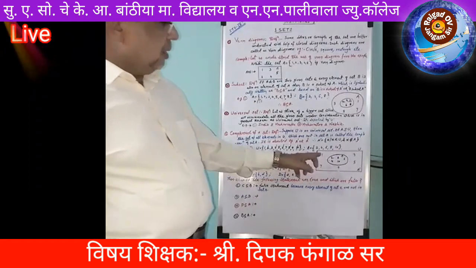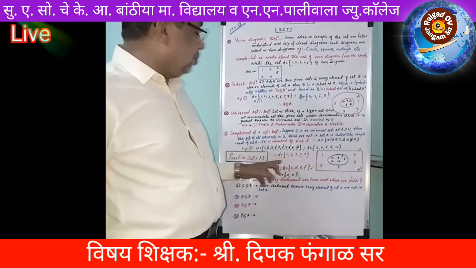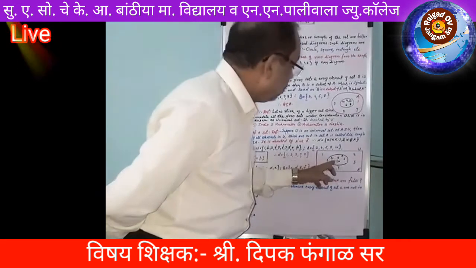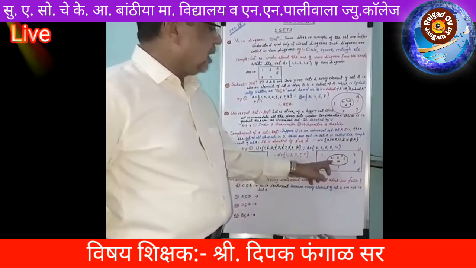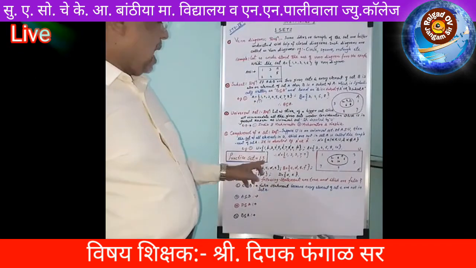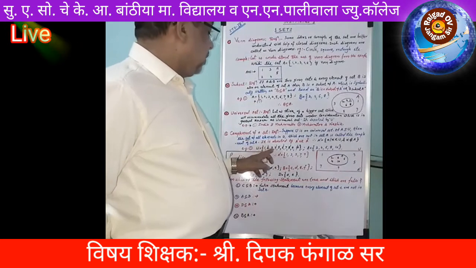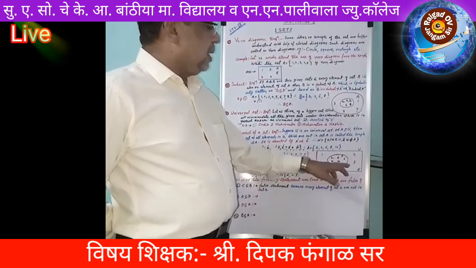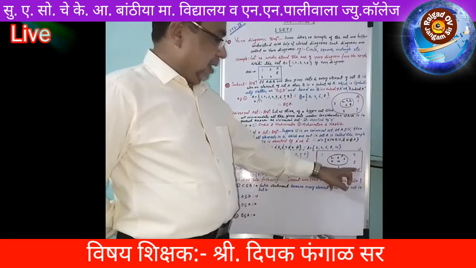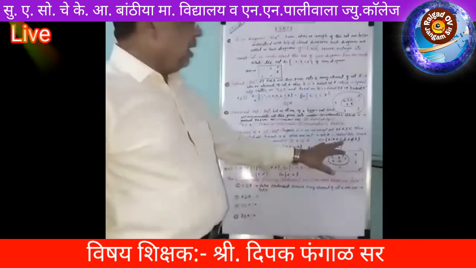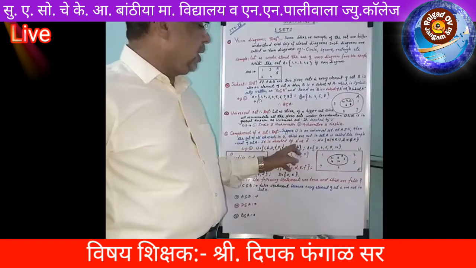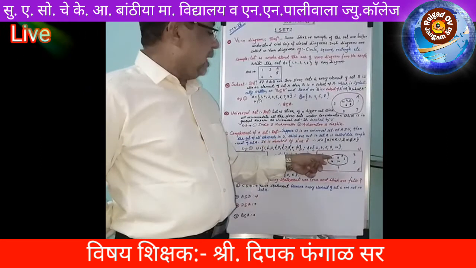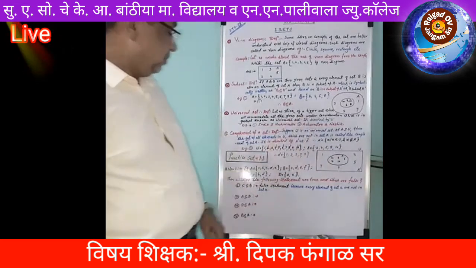With the help of this Venn diagram, you write down the elements of A. Which are the elements of A here? 2, 4, 6, 8, 10. You write them in the circle, and the remaining elements 1, 3, 5, 7, 9 are outside the circle. That is called the complement of A, and this is the U. All the elements of U are 1 to 10, but you represent these two sets with the help of a Venn diagram. So you write like this.